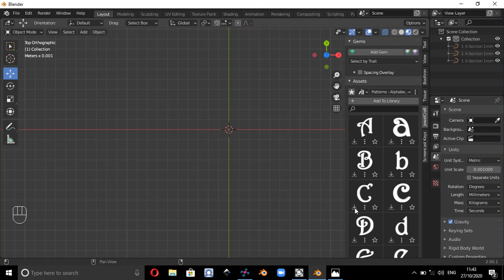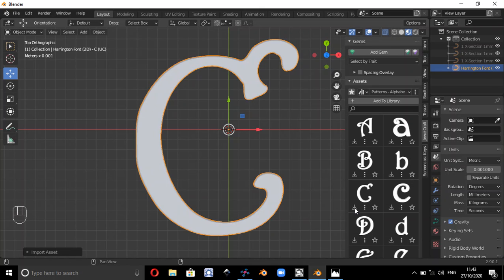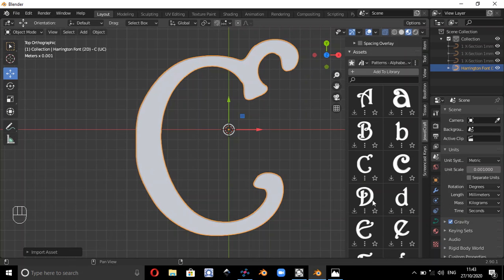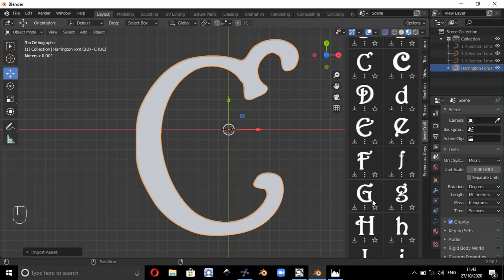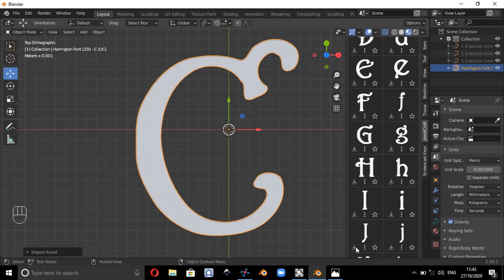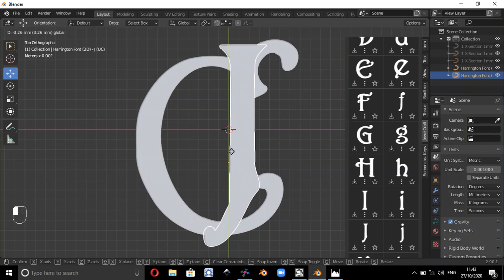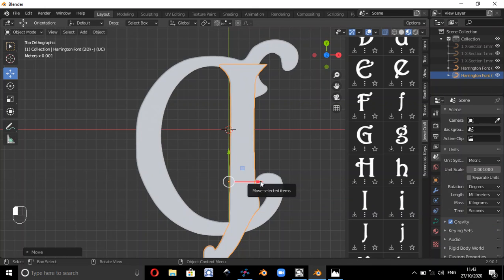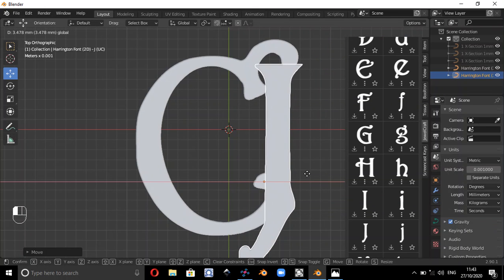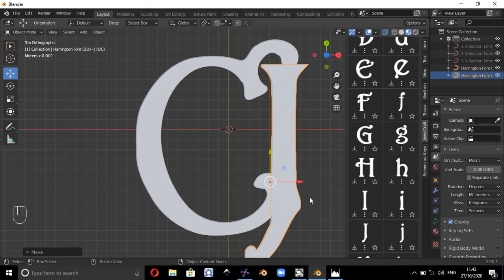So if I import the asset C onto the screen, and I'm just scrolling the center mouse button towards me, and I'm going to import the asset J. So we're just assuming somebody's initials are C and J, and if I click on the J, and if I just move it down to a sort of similar position as I've just done with the other assets, okay, so if we position it there,